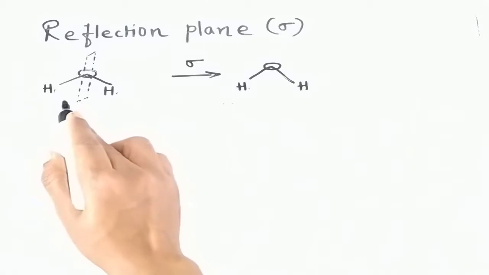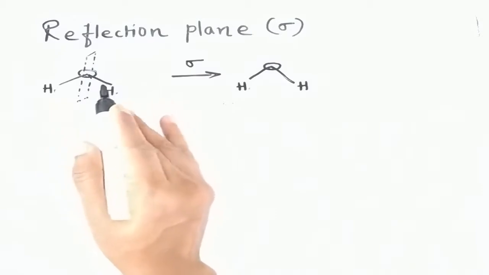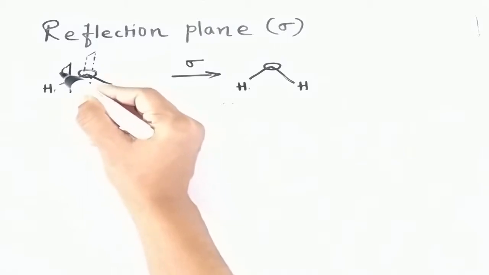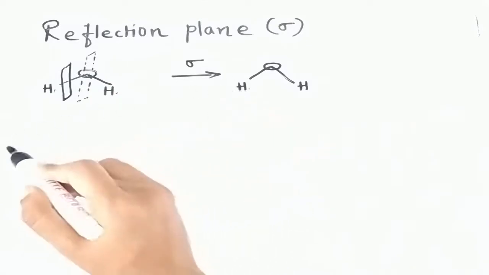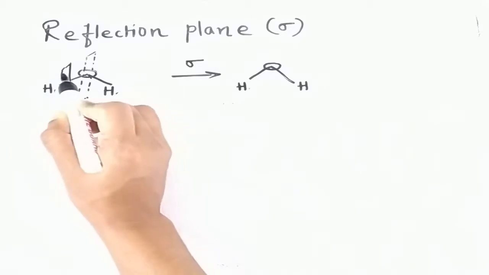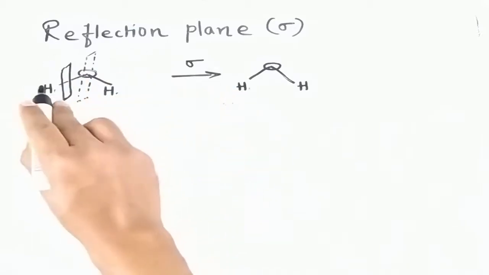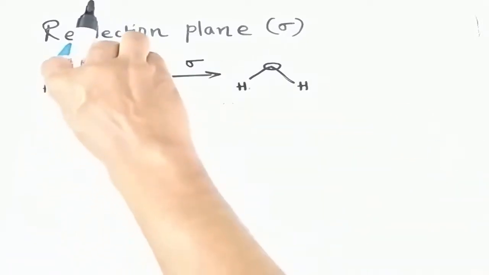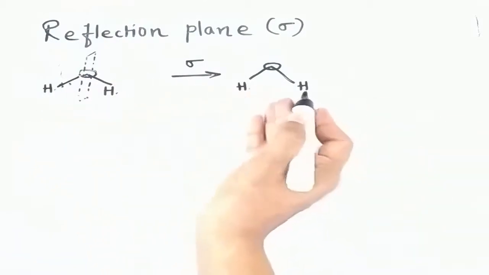Now we have to find out in a given molecule how many types of such planes are present. If I pass a plane through this HO bond, will I get a symmetric element? No. The reason is that hydrogen size is different, oxygen size is different. So if I pass a plane, obviously I will not get the same image as that of the water molecule. But this particular plane was exactly passed through oxygen, which divides hydrogen to obtain the equivalent.